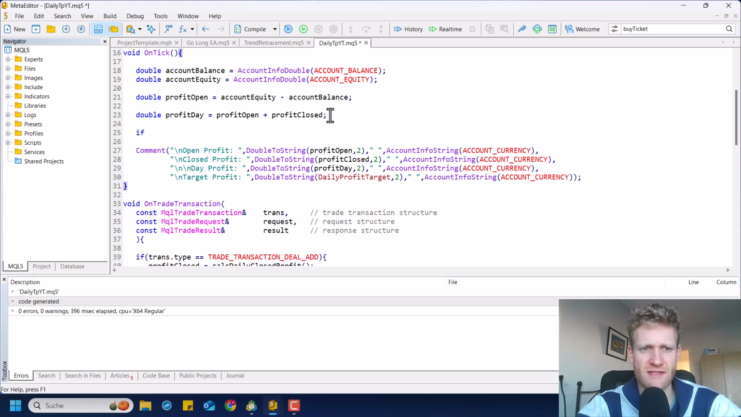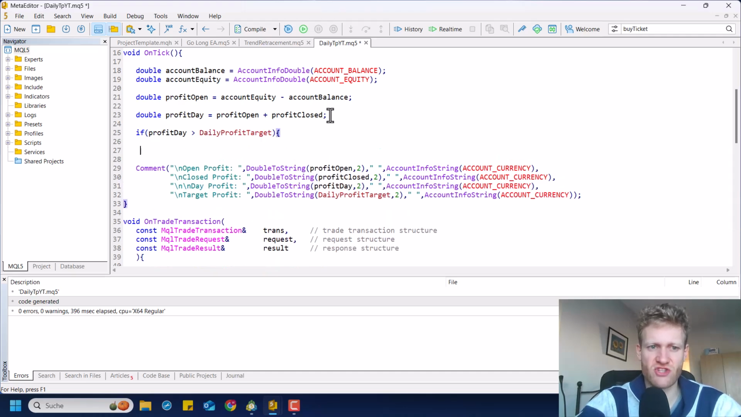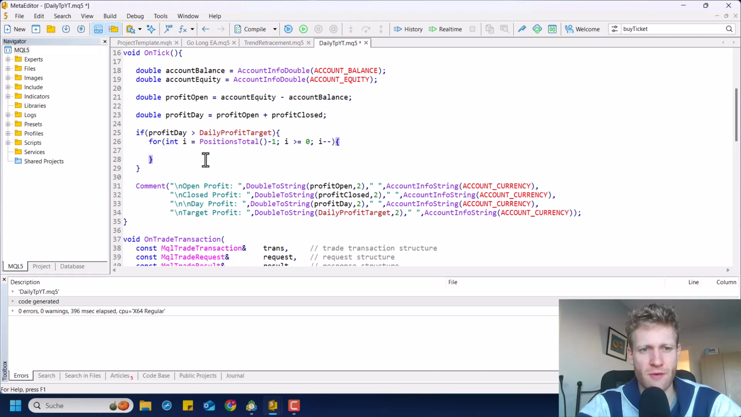Like the rest is super easy. Like if profit day is greater than daily profit target, then we just close all of our positions. And closing the positions is super easy. We've done this in countless tutorials on the channel already. So we just go through all of our trades and we just close all of our trades pretty much. So what we want to do is